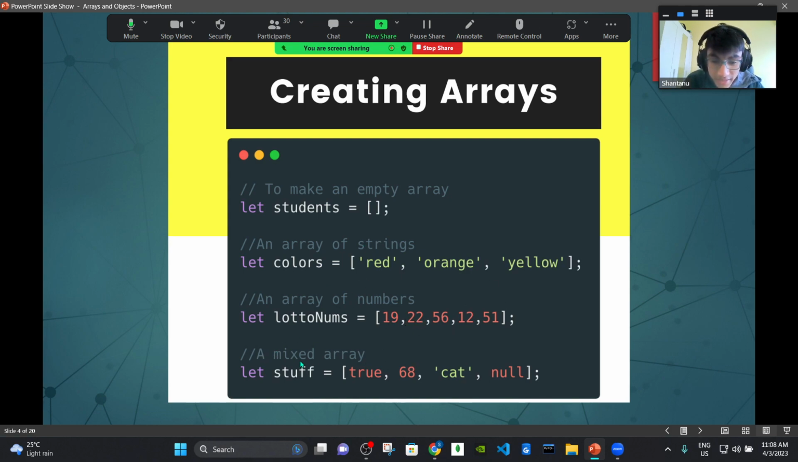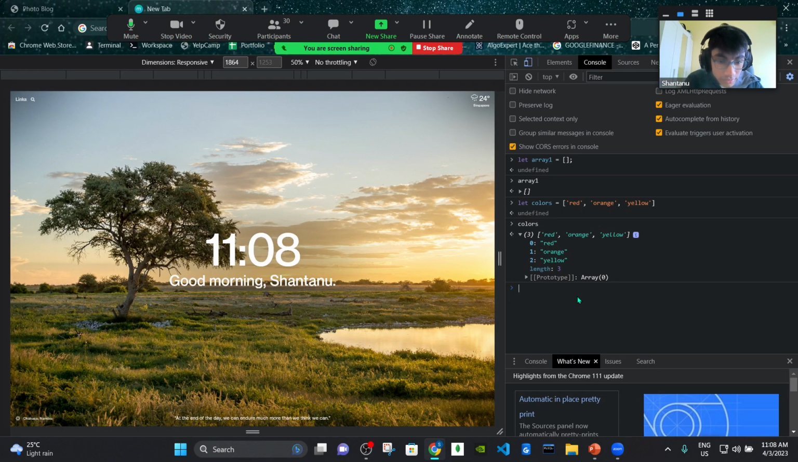And we can do mixed arrays as well. Like, you can see let stuff equal to true, 68, cat, null. That's also going to work. You can see all of these are different types of primitive data types. If I write let stuff